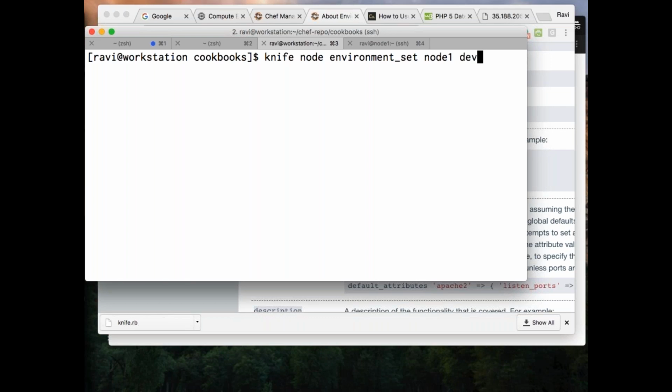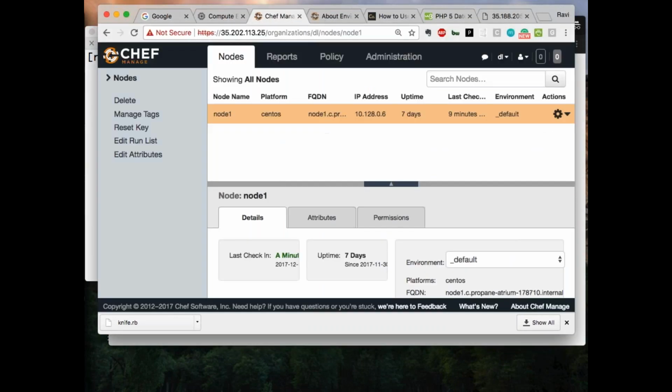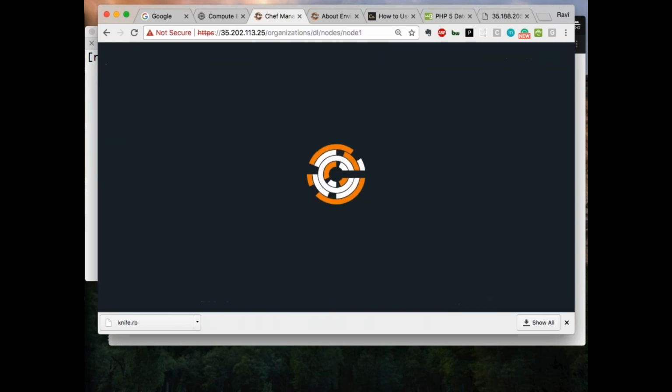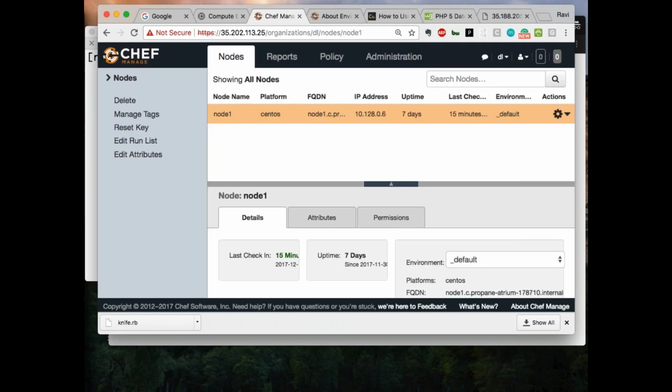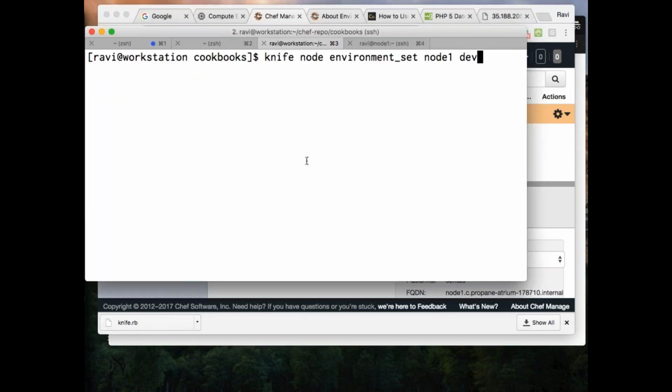Right now, once I do this, the particular node one which is there under default environment right now will go to my dev environment. Once I run that particular command, so let's say I'll go with the dev environment right now. So it went and it updated to my chef environment called dev.